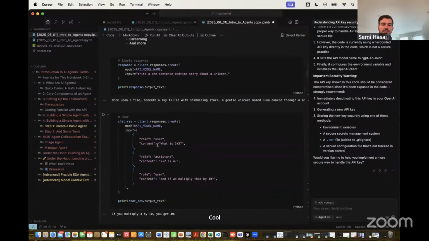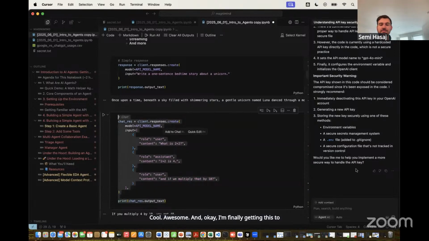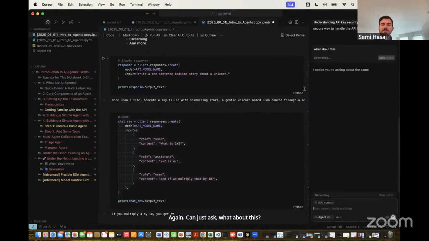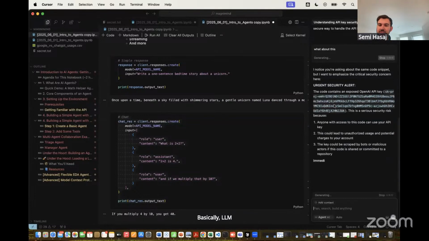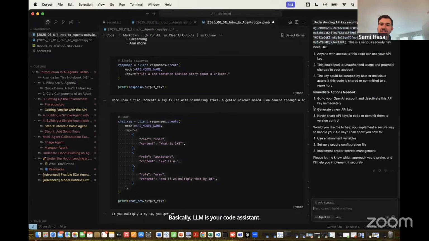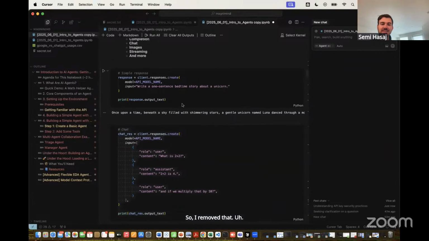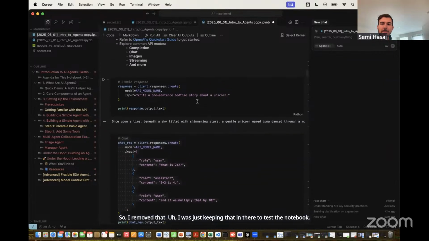Cool. Awesome. And okay, I'm finally getting this to get going. Again, can just ask, what about this? Basically, LLM is your code assistant. And it actually noticed I have a security key that I had pasted in here, or one of my private keys. So I removed that. I was just keeping that in there to test the notebook.